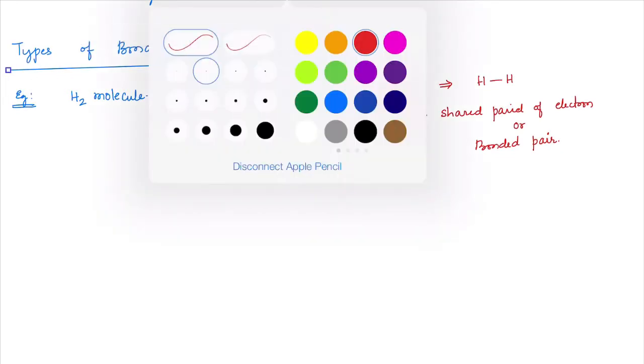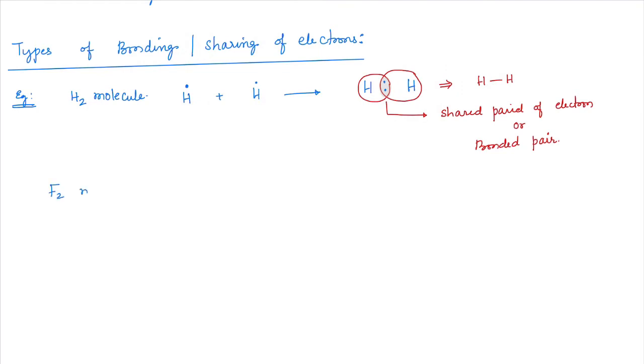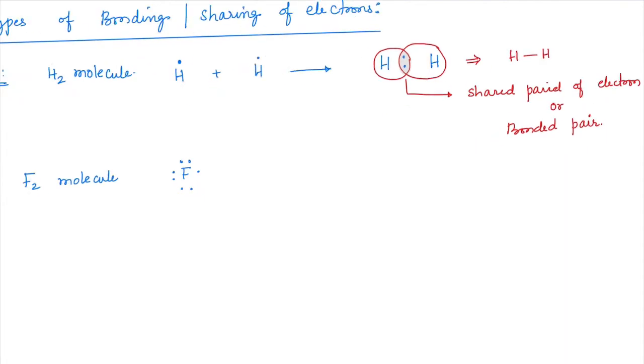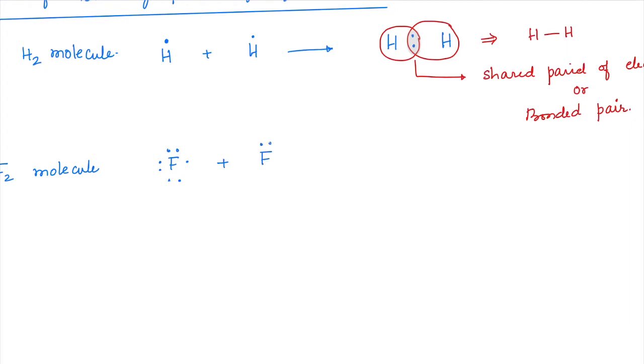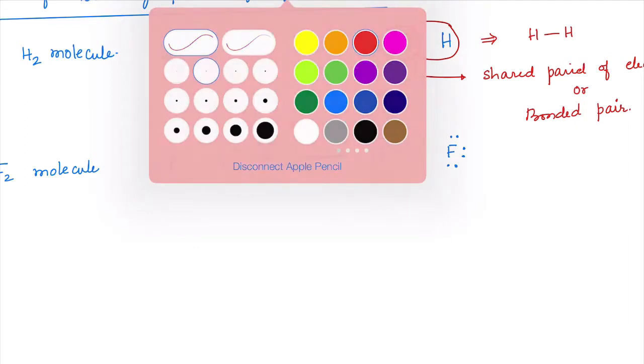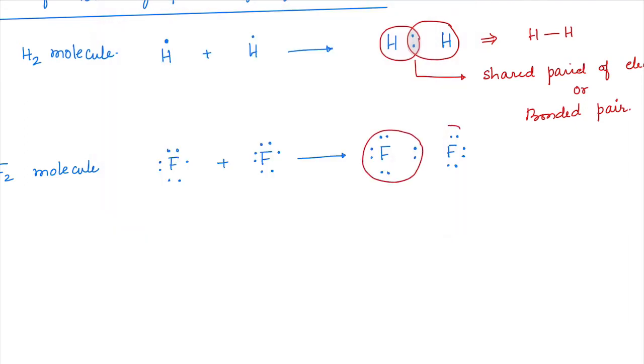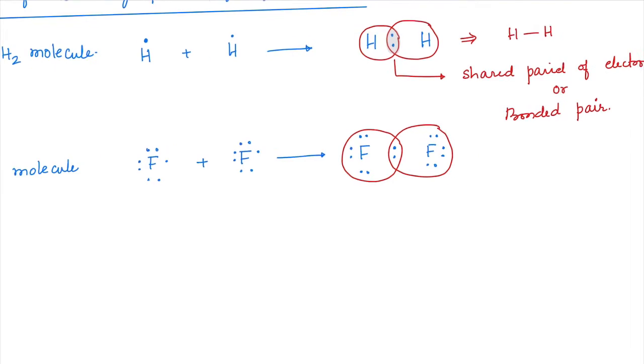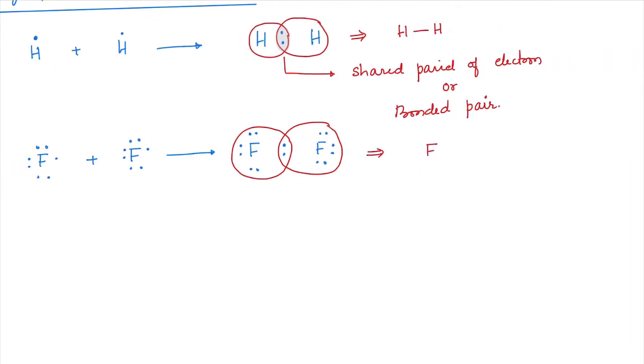Similarly, if you see F2 molecule now, based on the dot and cross structure, you will see there are 7 valence electrons here. So there are 7 electrons plus another F, which also has 7 electrons. If they combine with each other, they will share 1 electron each this way. And if you see the vicinity of each fluorine, if this is the vicinity of one fluorine, this would be the vicinity of the other fluorine, and it can be implied that F and F has one single bond, and there are 3 pairs on the left hand side and 3 pairs on the right hand side.